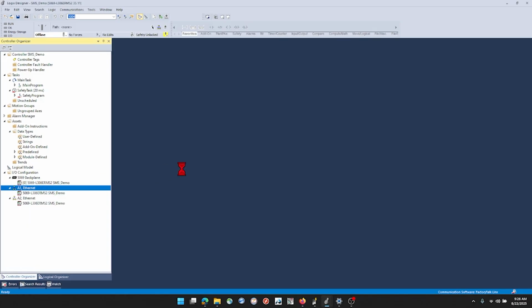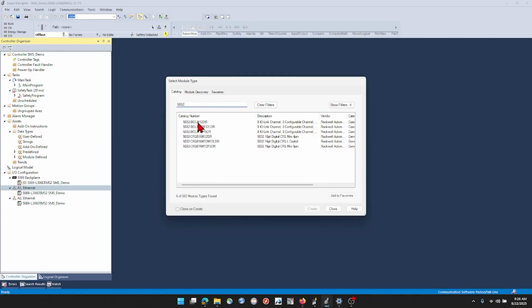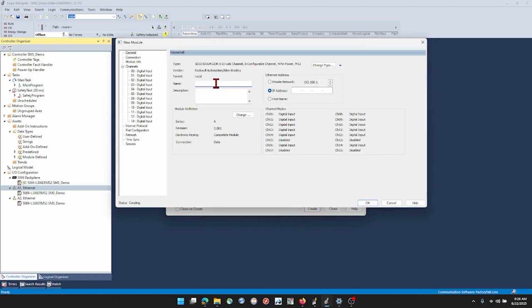And we're going to add our 5032 8 IOL master. So we'll just search for 5032 8 IOL M12DR. That's the module I have. And we're going to go ahead and create that. And we will name this Master 1, just in case we have multiples. And we're going to go ahead and define our IP address as